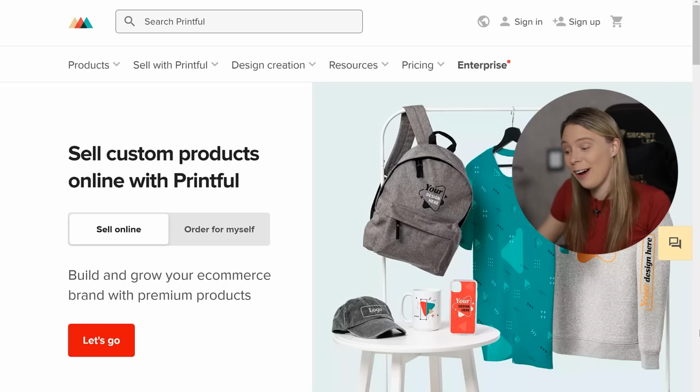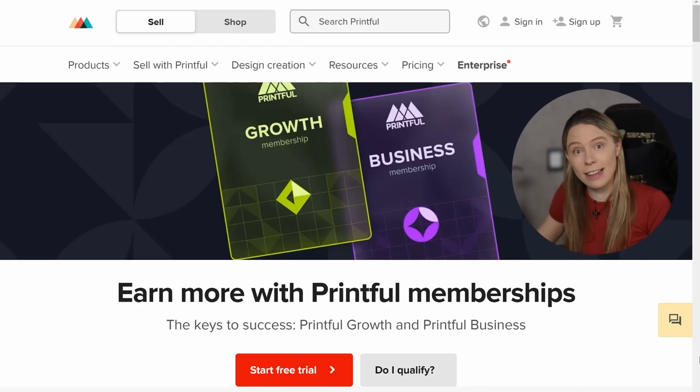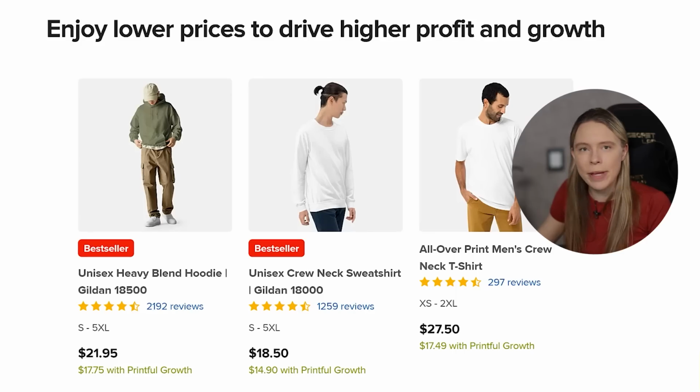Yep, so a while back I mentioned how the print-on-demand app Printful had released their own Printful Growth membership as a closed beta program. When you joined this, you got big product discounts. I was in the closed beta and I loved it because it saved me a bunch of money. Well, Printful has now taken this out of beta and has released this to everybody, and the discounts you can